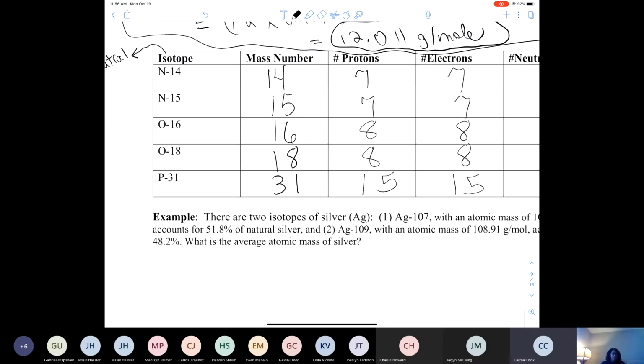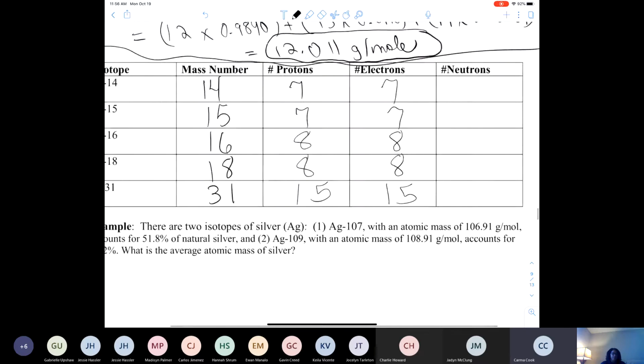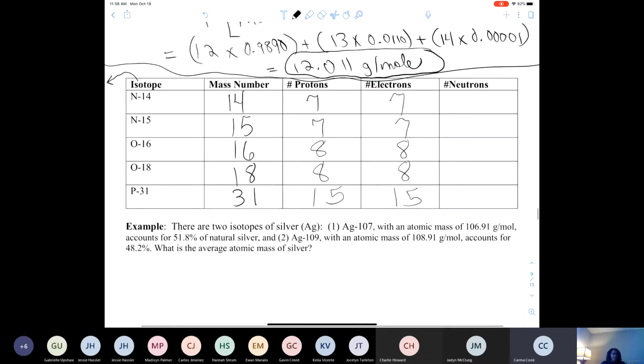And we have the same number of electrons as protons. So to get the number of neutrons, you say the mass number minus the number of protons. So that'll give us 7 neutrons for nitrogen 14, whereas nitrogen 15 will have 8 neutrons. So that's the difference between those two isotopes of nitrogen: the number of neutrons is what makes them different